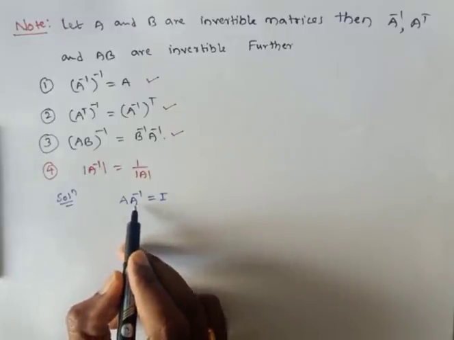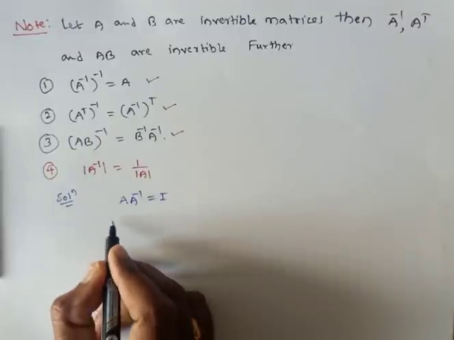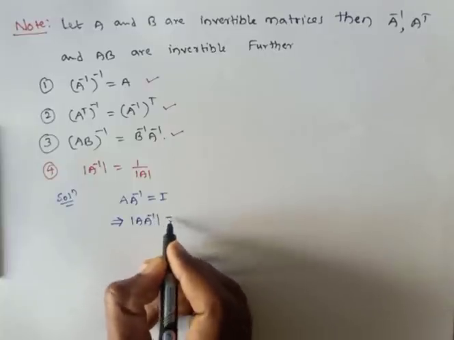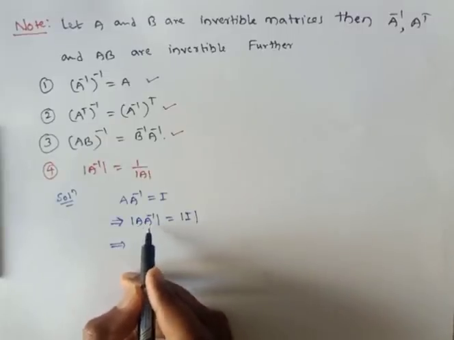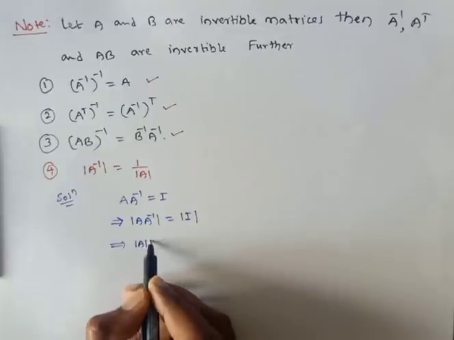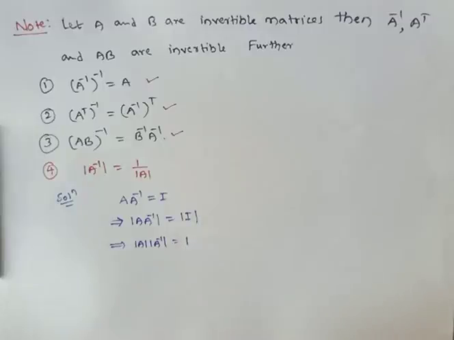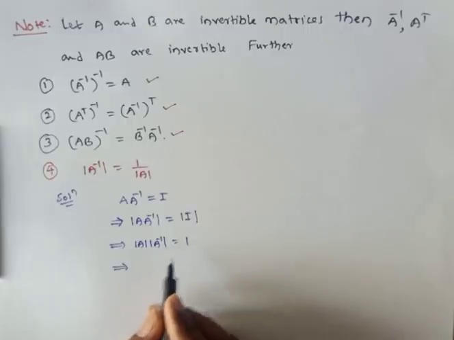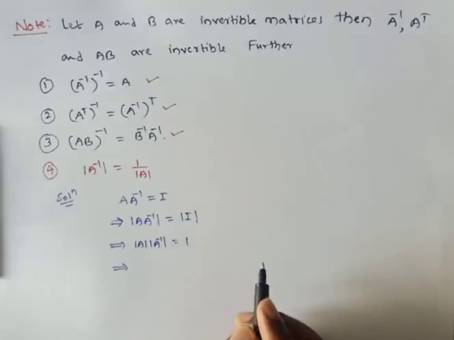Now here A is a matrix and A inverse is also a matrix, so A into A inverse is also a matrix. Here I am applying the determinant on both sides. This is det of A into B form. Det of A into B means det A into det B. The determinant of any identity matrix is 1. So here it is det A into det A inverse is 1. A has an inverse means det A is compulsorily a non-singular matrix, so therefore det A is not equal to 0.